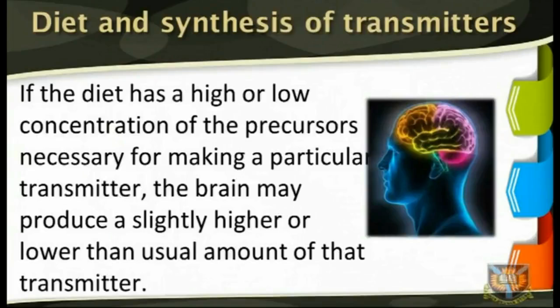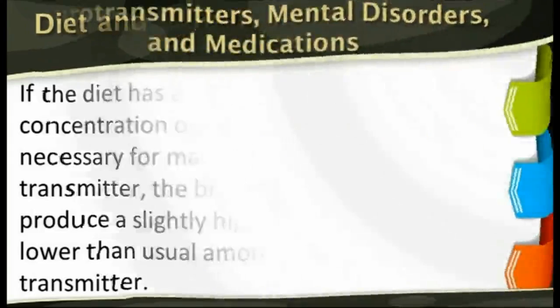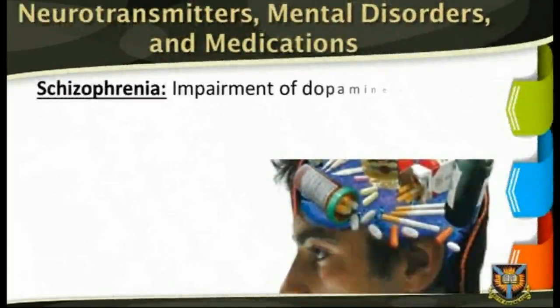Acetylcholine is synthesized from choline, which is available in cauliflower and milk. Choline can also be made from lecithin, a component of egg yolk, liver, soybeans, butter, peanuts, and several other foods. Most proteins contain only small amounts of the amino acid tryptophan, the precursor of serotonin. Carbohydrates cause an increase in the release of insulin.